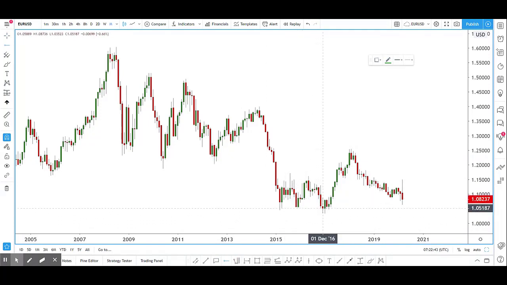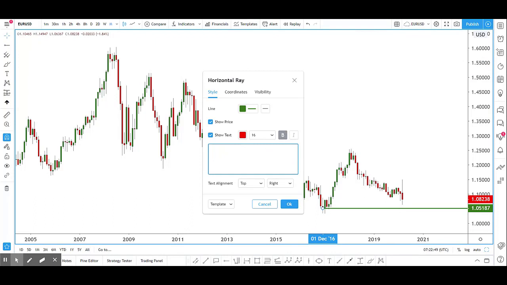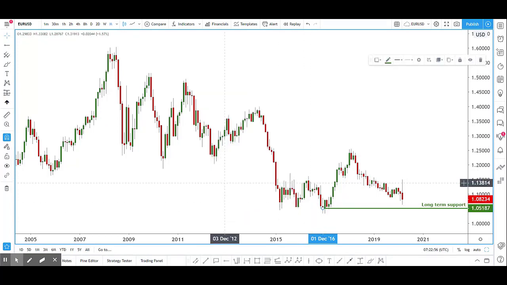I can see that there's a support here, right? So let's call this our long-term support. And we want to see whether this long-term support is a strong one. We try to find confluence with